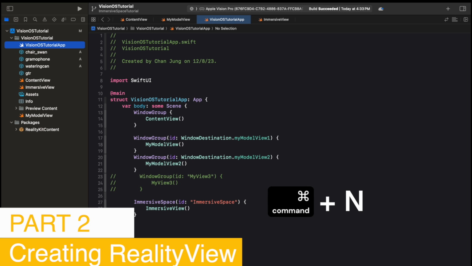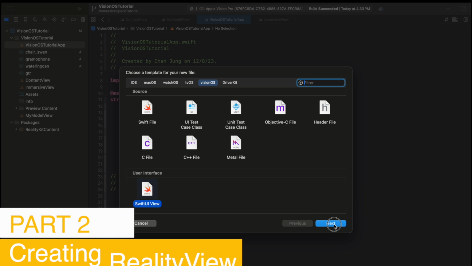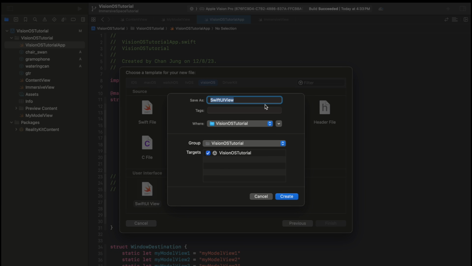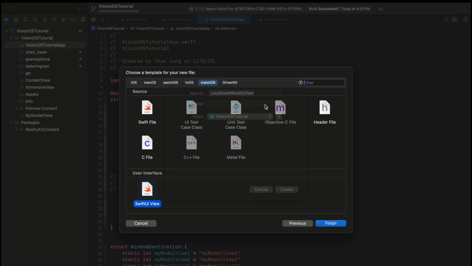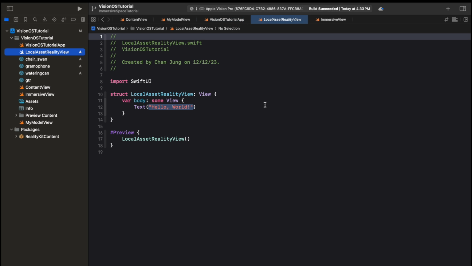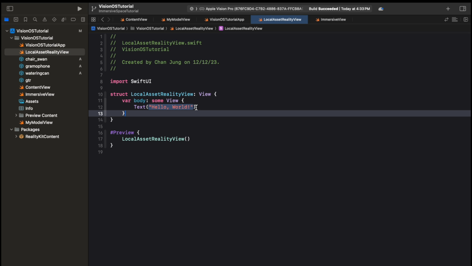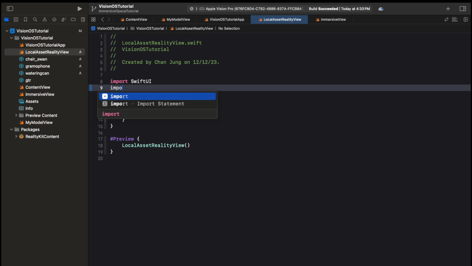So we're going to hit Command and N, SwiftUI view, hit next, and we're going to name it local asset reality view. I'm going to make two versions of it. I'm going to make one for local assets and another one for fetching remote assets from the internet. But that's going to be part 2 of this video because there are quite a few different things that I want to discuss in this video, and I don't think I'll have enough time to keep it brief and within everyone's attention span. So we're going to start with importing RealityKit